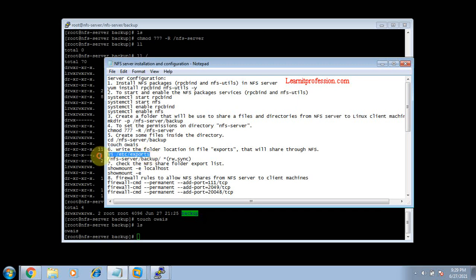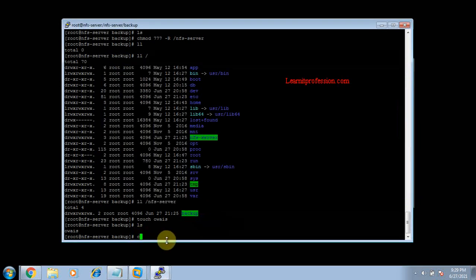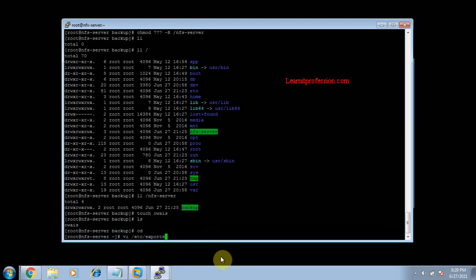So just type the command vi space /etc/exports to edit the folder location with the permissions that will be used as a share from server to client machines. That is the whole line for understanding the purpose of the NFS share. vi space /etc/exports. Just press enter